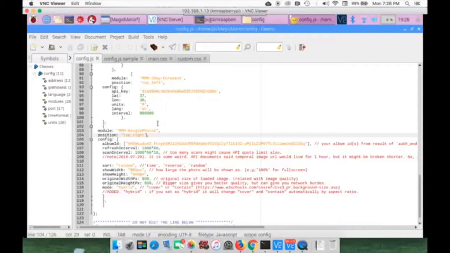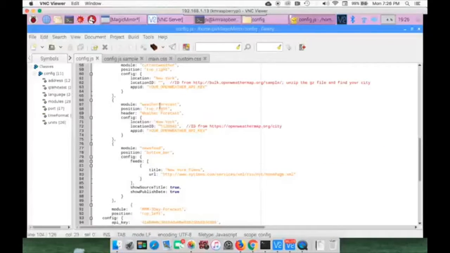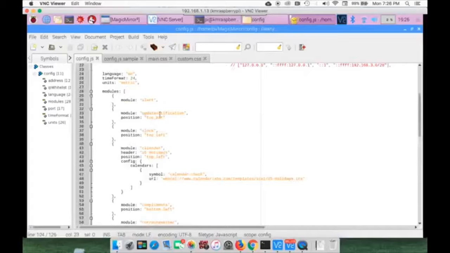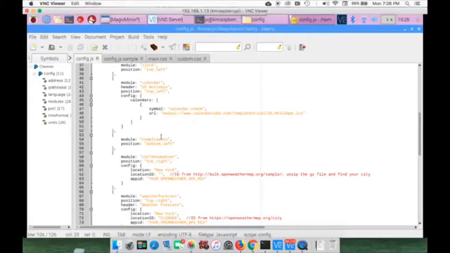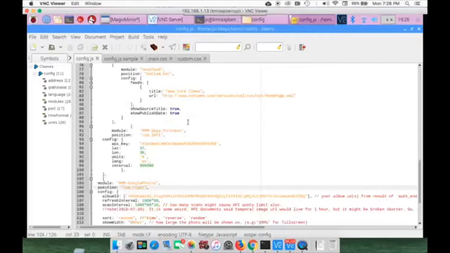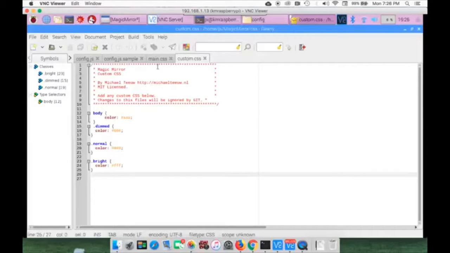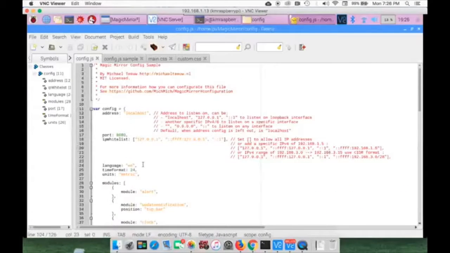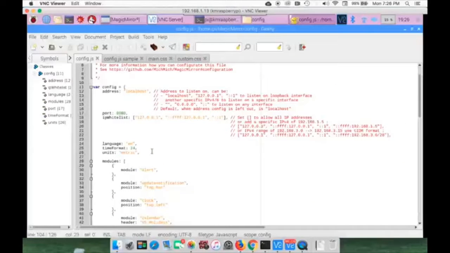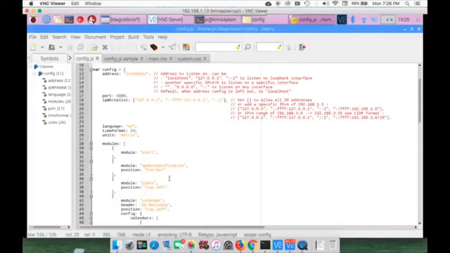At one point, before I added the Google Photos, or actually no, before I decided to move, what was it? I moved the compliments to the bottom left. Before I moved them, they were just across the middle of the screen, and the pictures were getting in the way. So what I did was, at first I changed the color here in custom, but then I decided to change it back, because then I just moved it over to the bottom left. Yeah, so I just moved it to the bottom left, which I felt was better,